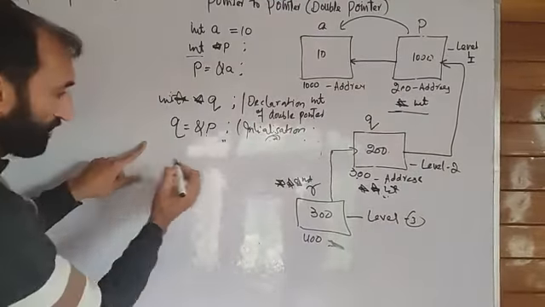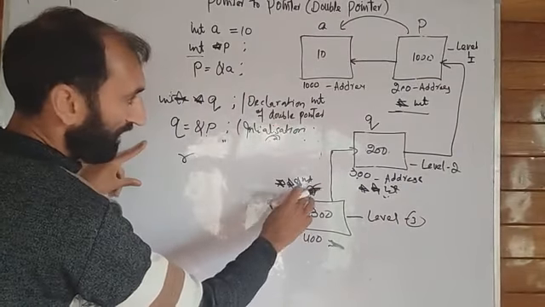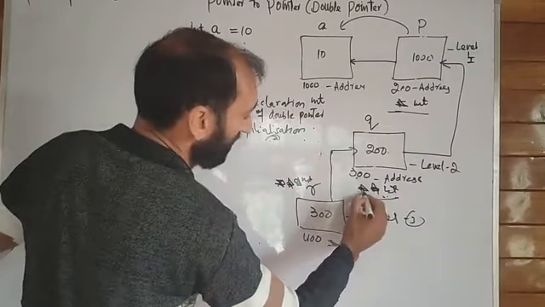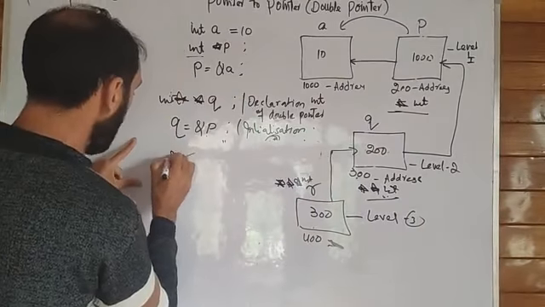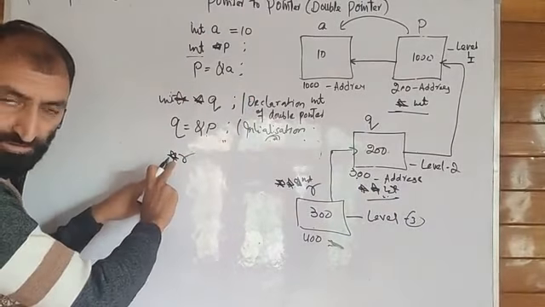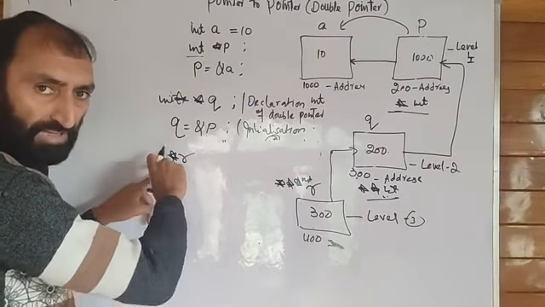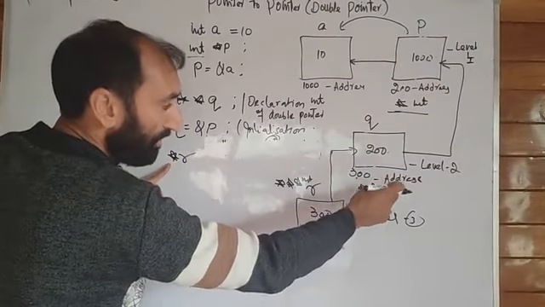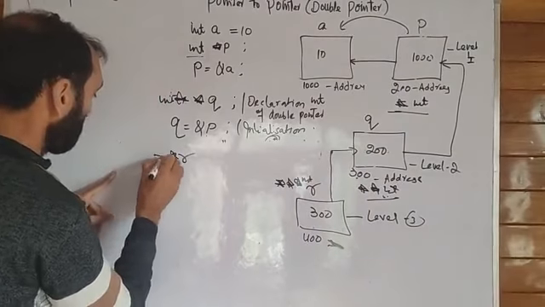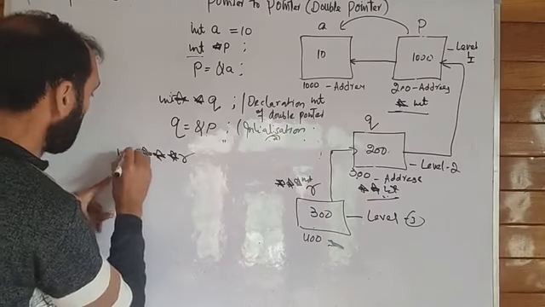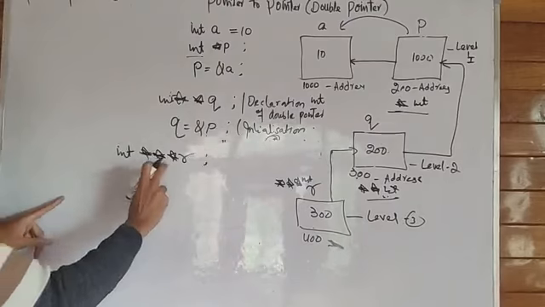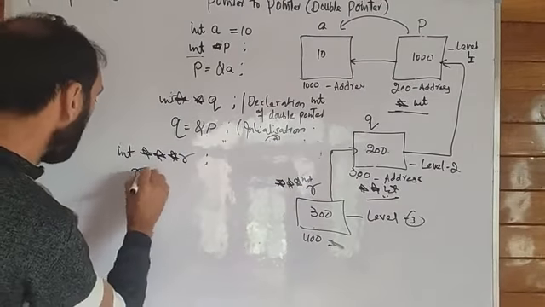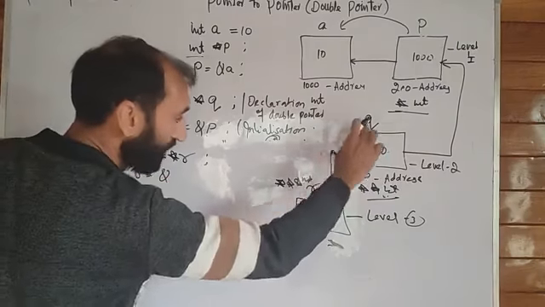What is the declaration, in which r is a pointer? r is a pointer to a 2 level pointer, that means r is a pointer to a pointer. We use stars for simplicity, so that the compiler knows that r is a pointer variable that is going to point to this q, which is a 2 level pointer and its data type is int. This is the declaration of the 3rd level pointer. This is 3 level pointer initialization: r equal to address of